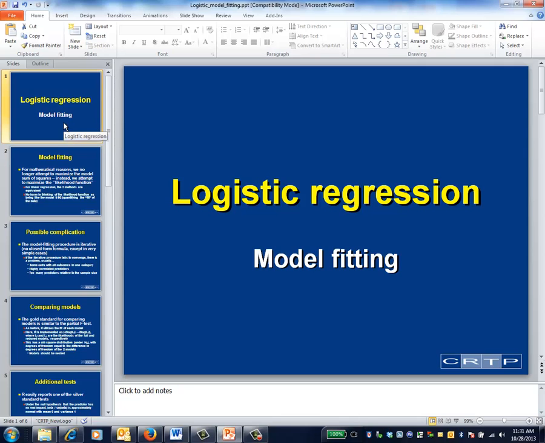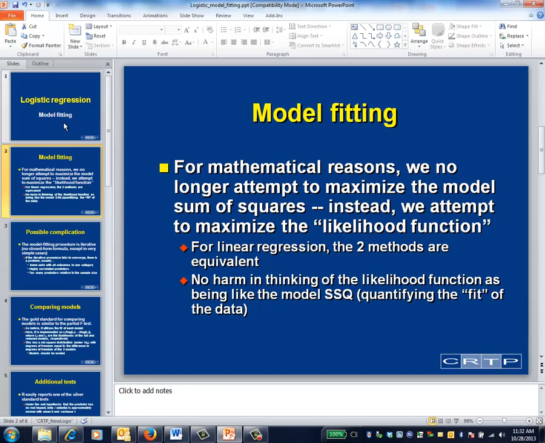This is the logistic regression module on model fitting. For our purposes, model fitting can usually be thought of as a black box. R can figure out which set of beta coefficients leads to the best fitting model, and that's all there is to it. As general background, and because you might encounter this terminology as you read the literature,